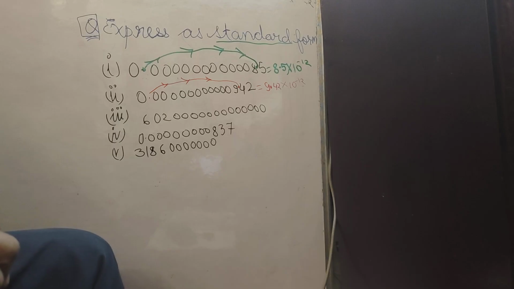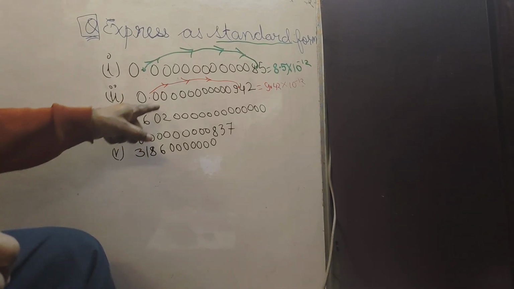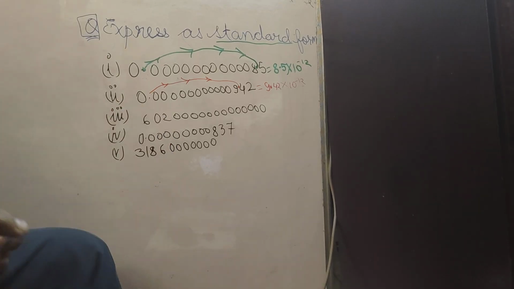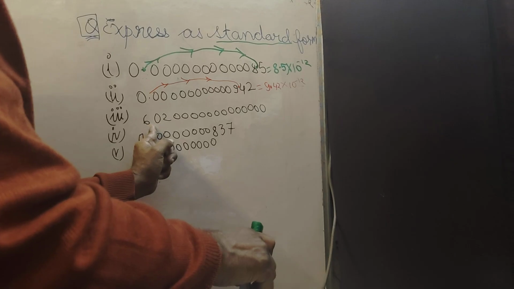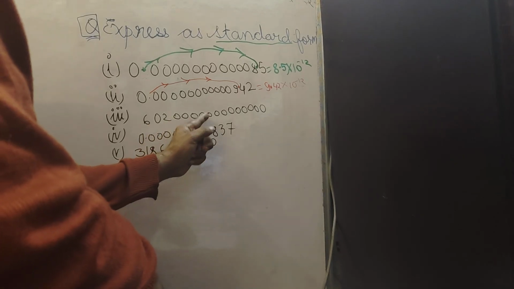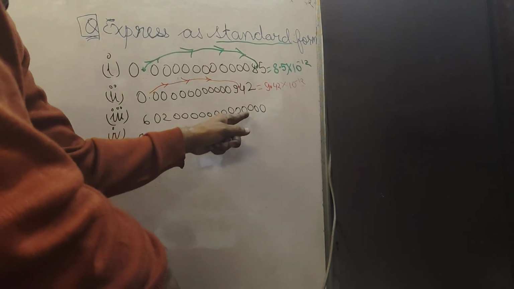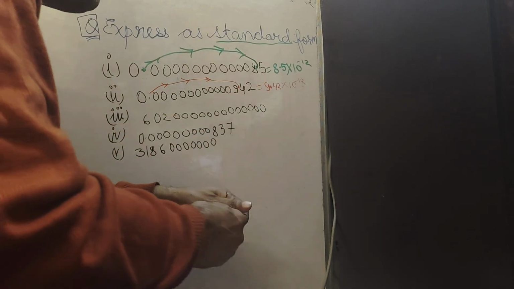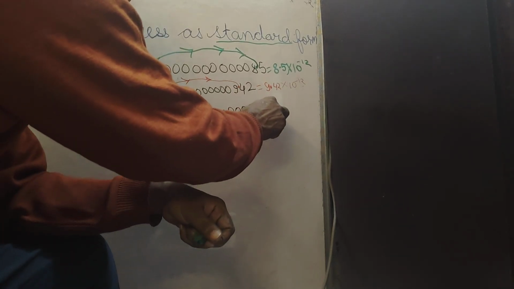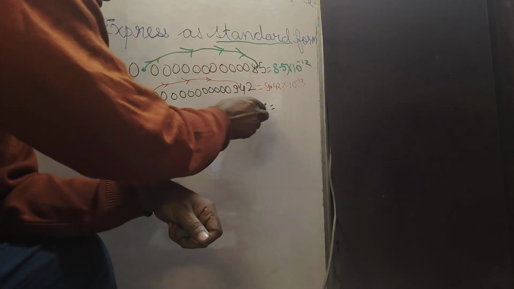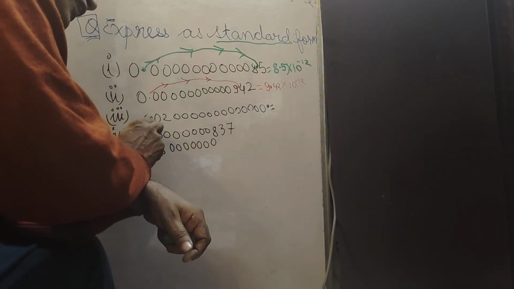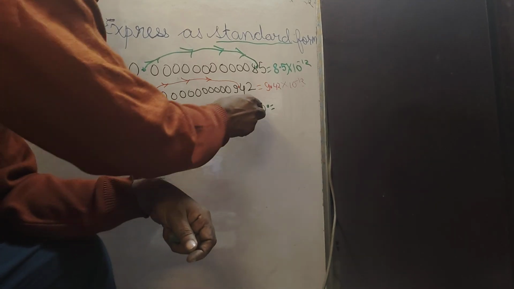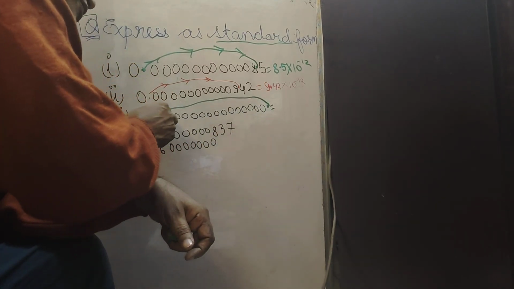So this is again a small value. Now the third one is a very large value. For a very large value we write the exponent as positive. 602000000000000. This is a very large value because there is no decimal given. So at this time the decimal is at the last. Now we want to shift the decimal after one digit, 6. So this decimal shifts toward the left side.